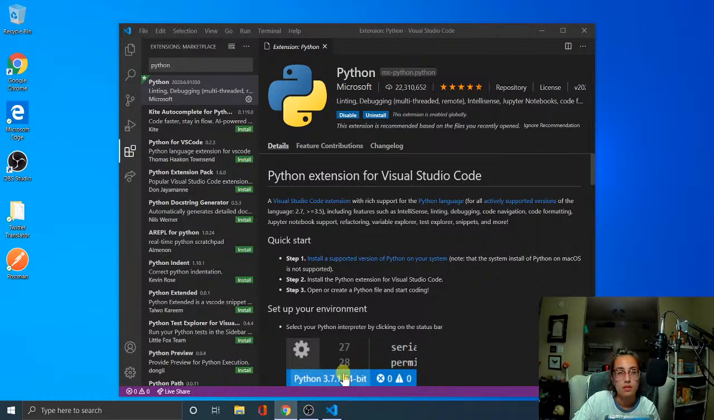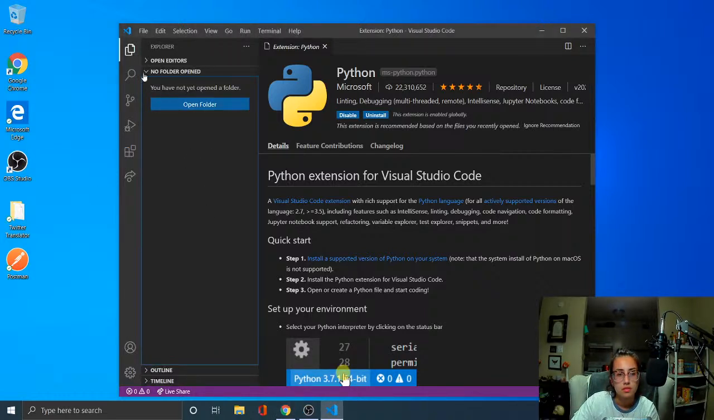So now let's create a Python folder on our desktop, let's say, and then we are going to open this folder. So I'm going to create a Python